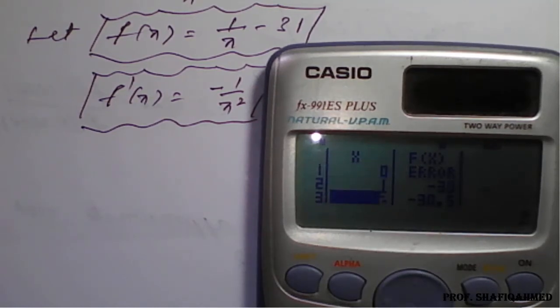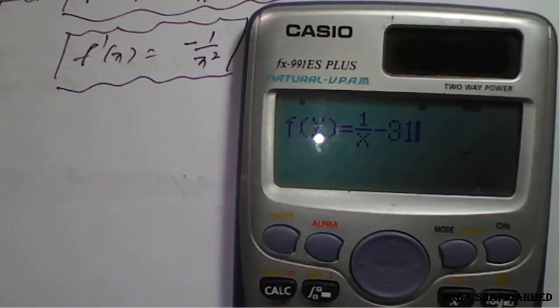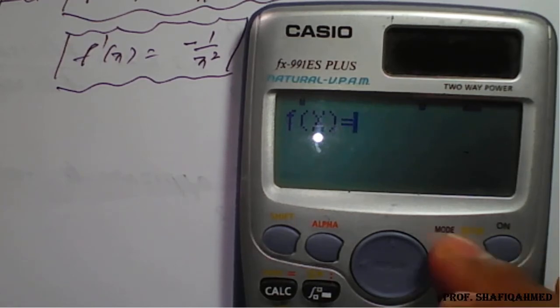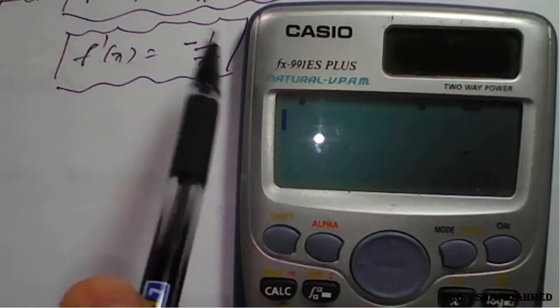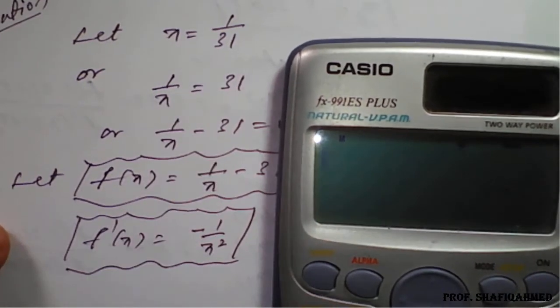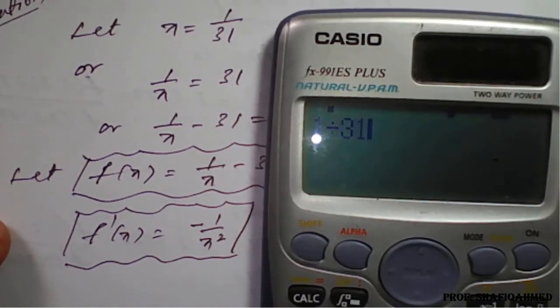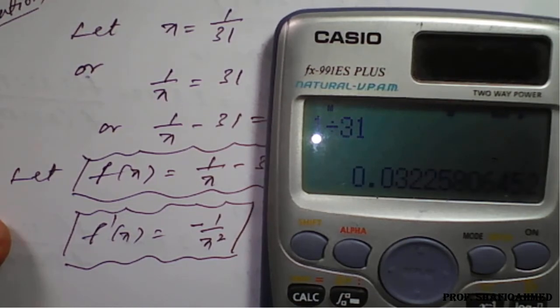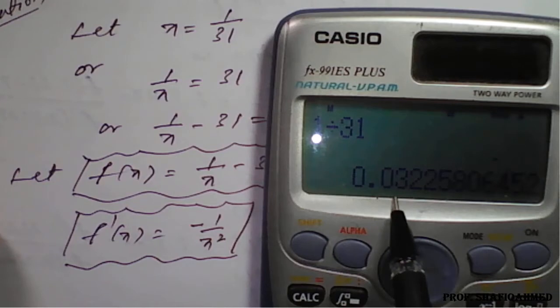If you check, 1 will be negative, 2 will be negative, 3 will be negative, 4, 5 negative values. So here we are not getting the sign change. So once again I will work it out. You can see here we have 1 upon 31. In general, 1 divided by 31, what do we get? We get 0.032. So the result is in terms of 0.032.